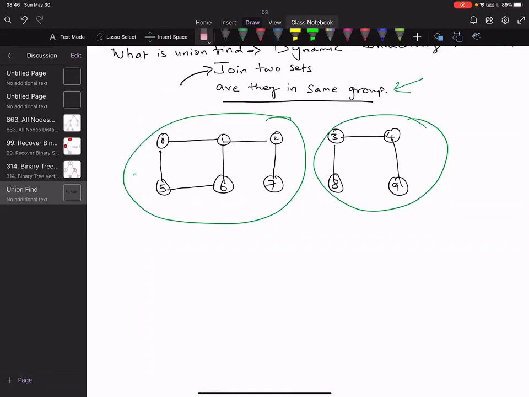If we want to define this class of data structure, let's say the union find class, the way I define it is: class UnionFind. It will have a constructor that takes the size, how big your union find is.